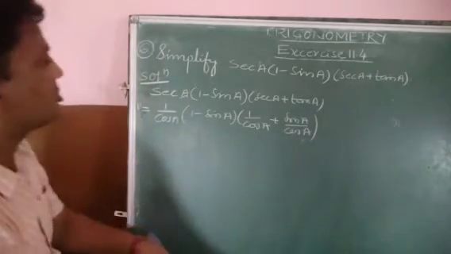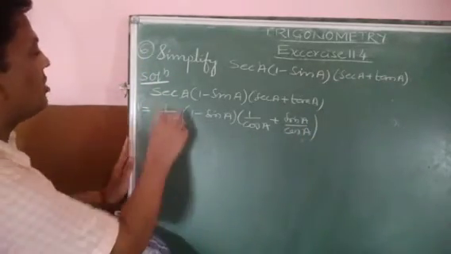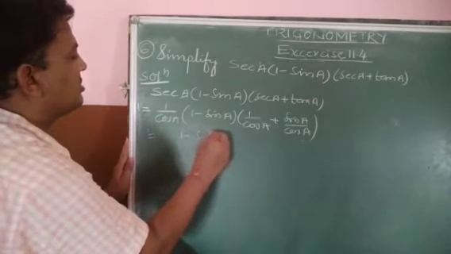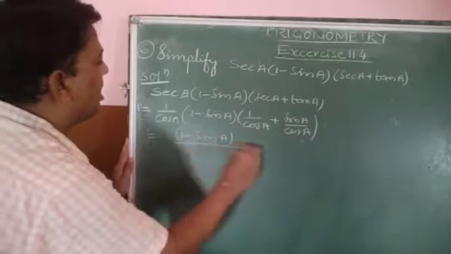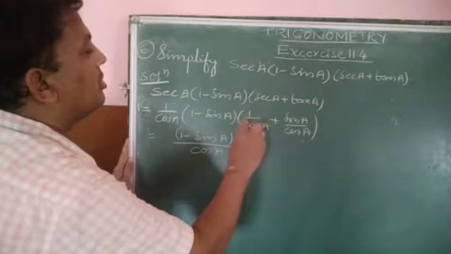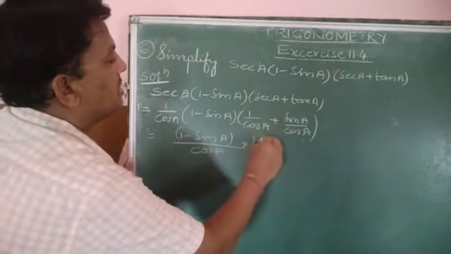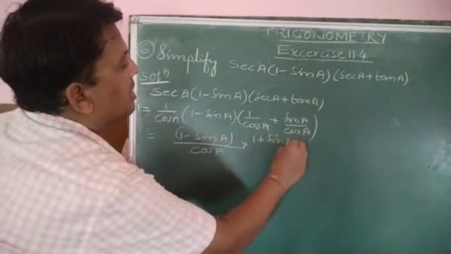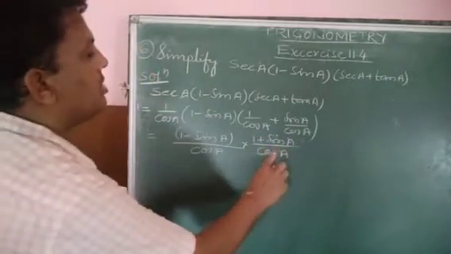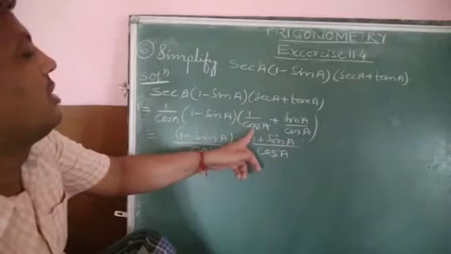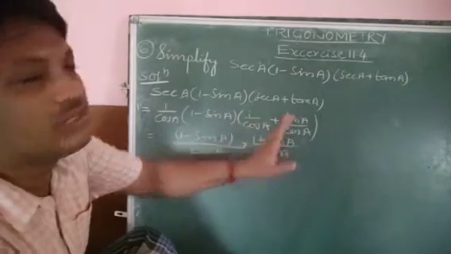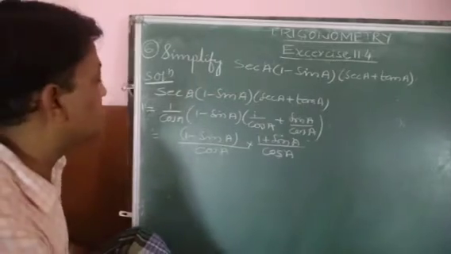Now try to see the possibilities. The possibility is to multiply the 1 inside. So 1 minus sin A by this cos A, with the denominator the same, so the numerator is as it is. LCM you can take: 1 plus sin A by cos A. Now children, this is a like fraction with denominator cos A, so the numerator is directly added because the like fraction is there.